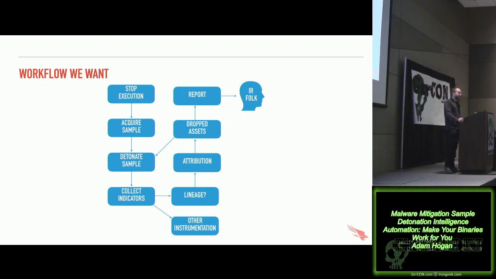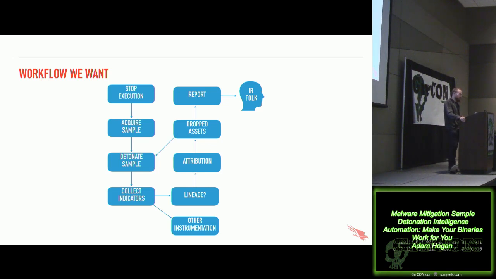If we can understand the lineage, it's going to help us out a lot. And it doesn't necessarily have to be attribution to a threat actor. Getting the lineage in the sense that I want to know it's part of a certain malware family. This is the RIG exploit kit. That puts you ahead tremendously. Now I can Google RIG exploit kit and there's a tremendous wealth of data. I can pivot based on that. I can search based on that. If we know the malware family itself, we are well ahead of the analysis problem here.